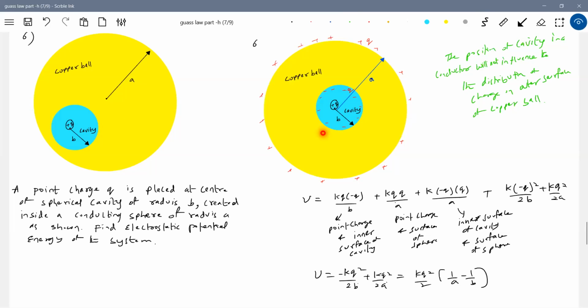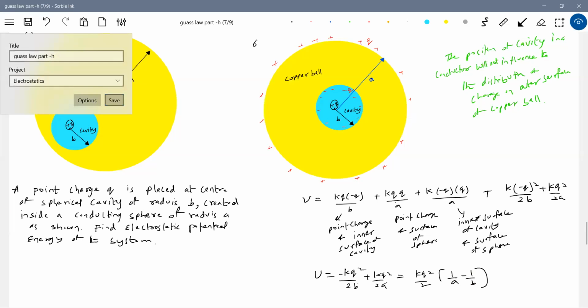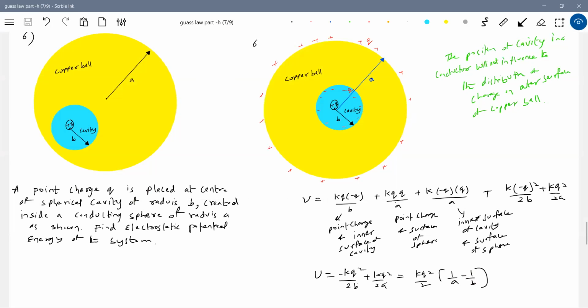So they show, okay, instead of this, let this cavity be shifted to the center and work it out. This will be much easier for us. So if you want, you can change the position of the cavity inside the conductor only, not everywhere. Don't change the position of the cavity in a non-conducting charged sphere. In a conducting sphere, you can change the position of the cavity, because the position of the cavity will not influence the charge on the outer surface.